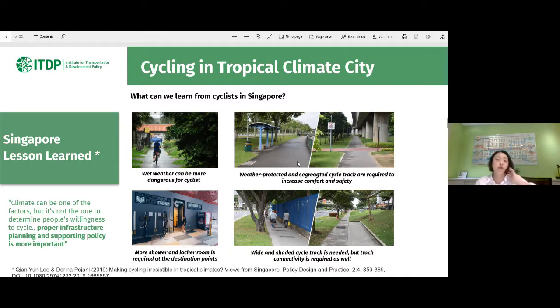They also have very good infrastructure: weather-protected, segregated cycle tracks, showers, locker rooms, and wide, shaded cycle tracks. So the highlight is that climate can be one of the factors, but it does not determine people's willingness to cycle.